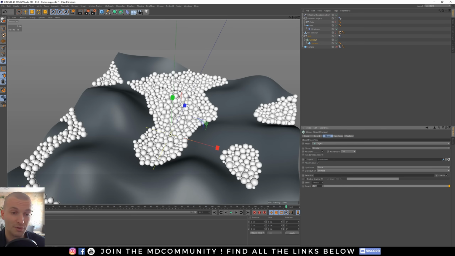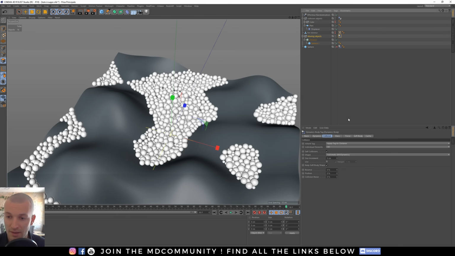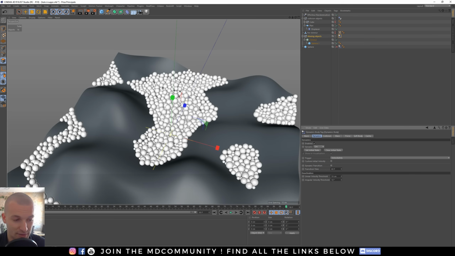If you want more spheres, you have to increase the value now. Go on the tag, the moving objects tag, go on the cache tab and click set initial state. After you click here, when you go back to frame 0, you have the same position for all spheres.